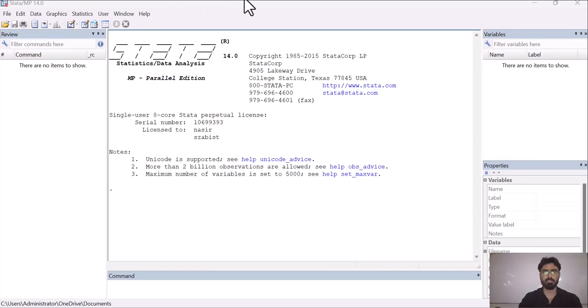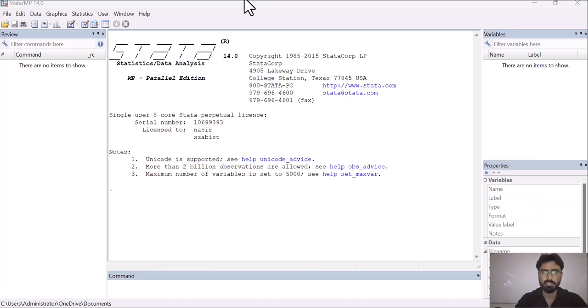In our previous lecture, we discussed under what conditions we can apply the VAR model. As the co-integration test tells us that there is no co-integration between the variables, in that condition we can apply the VAR model. So in today's lecture, we are going to apply the VAR model, interpret all the VAR model results, and then apply some diagnostic testing to the VAR model.